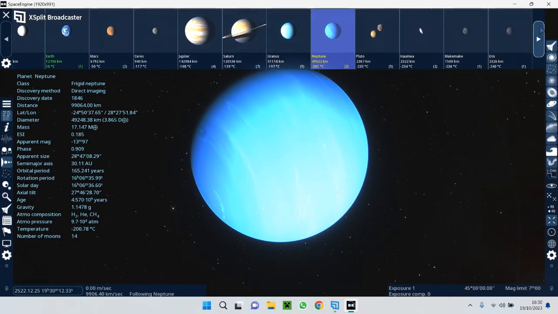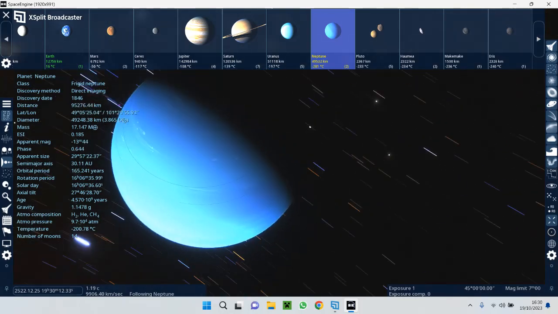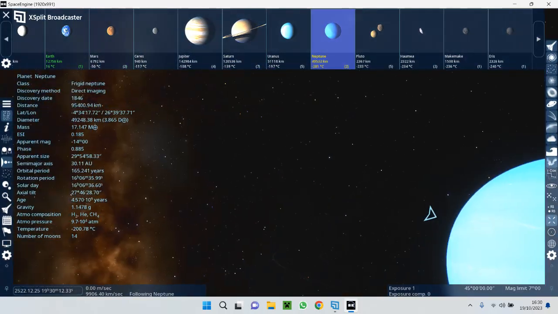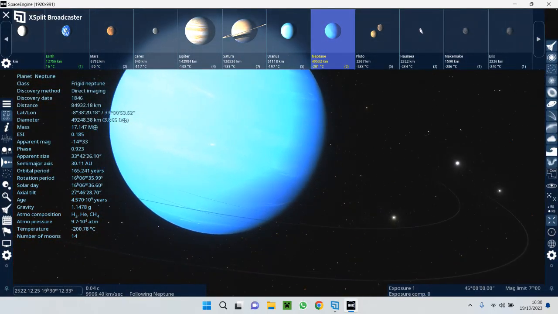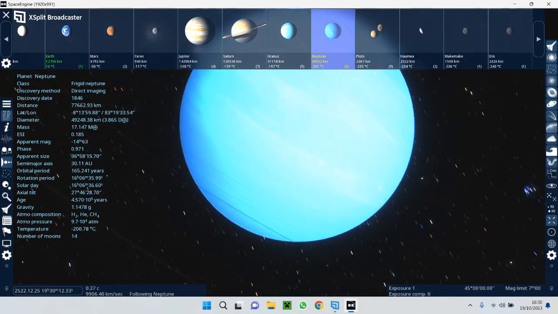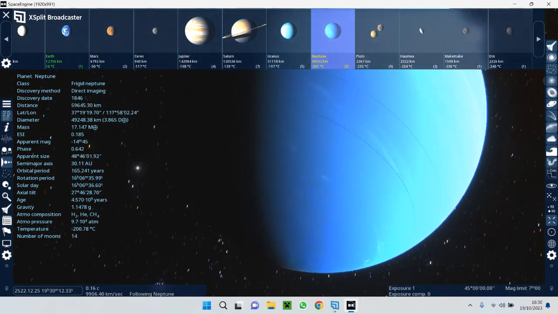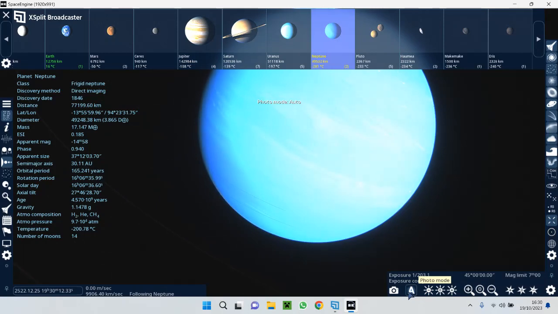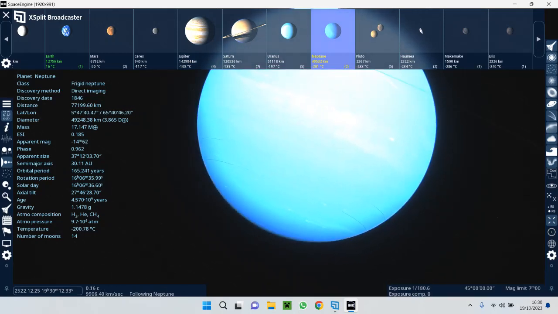I will explore the other dwarf planets. And this is the 5th planet in our solar system. Let's get a photo mode. In photo mode, you can barely see Neptune's rings.